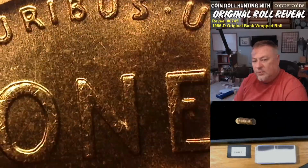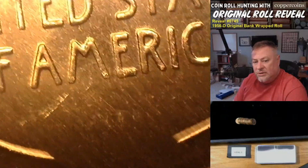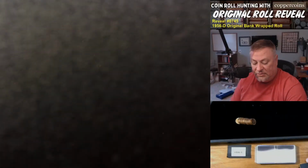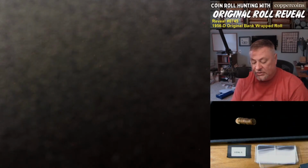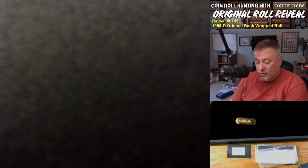It is likely that one of these coins from this die will end up becoming a new plate coin for Coppercoins because there are a number of doubled eyelids already listed, and I don't have larger images for most of them. So this could turn out to be a plate coin. Possible. Plate coin simply means that I have used a photograph of that coin,